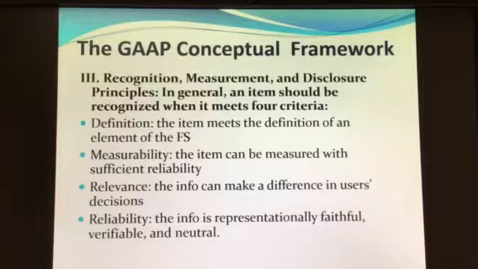And there was an overriding constraint on the recording or accumulation of information, and that was cost effectiveness, or cost benefit analysis. We also discussed the basic elements of the financial statements and those definitions that I instructed you to memorize. Hopefully you've started on those already: assets, liabilities, equity, revenues, expenses, gains, and losses. Those are important elements to represent the building blocks of the financial statements.